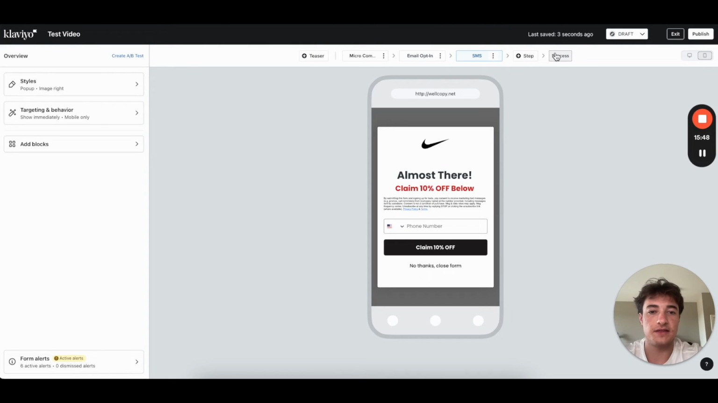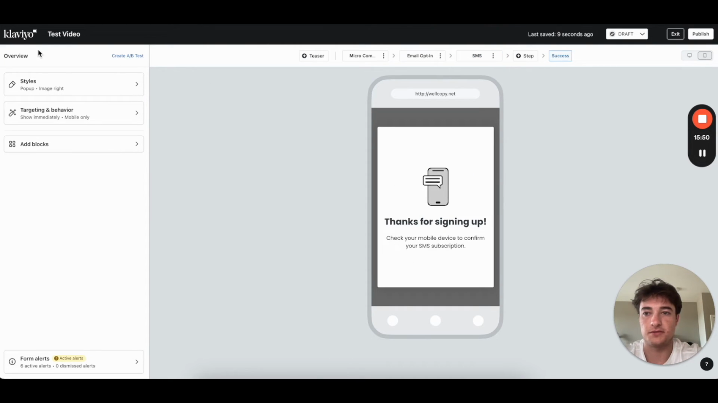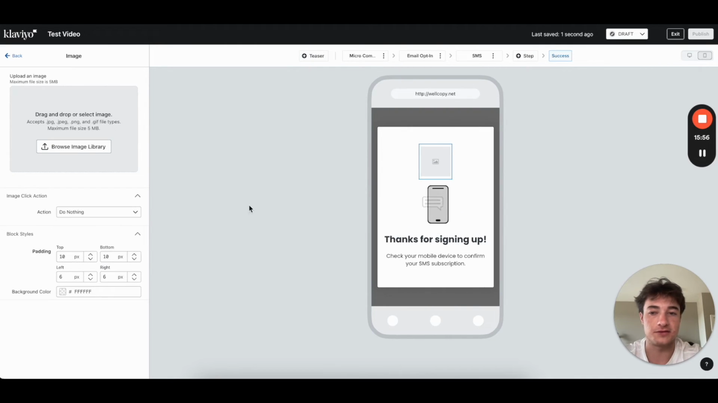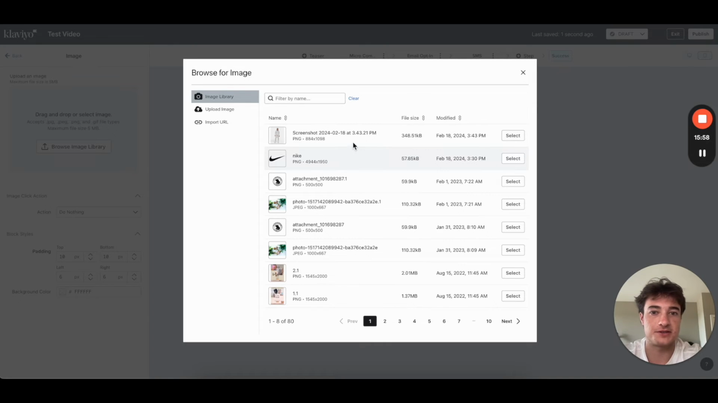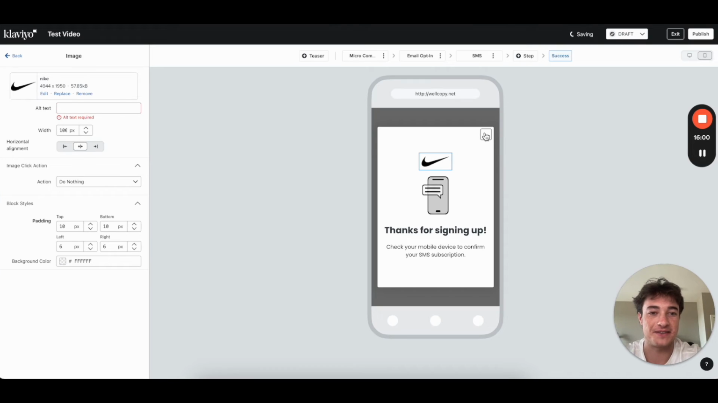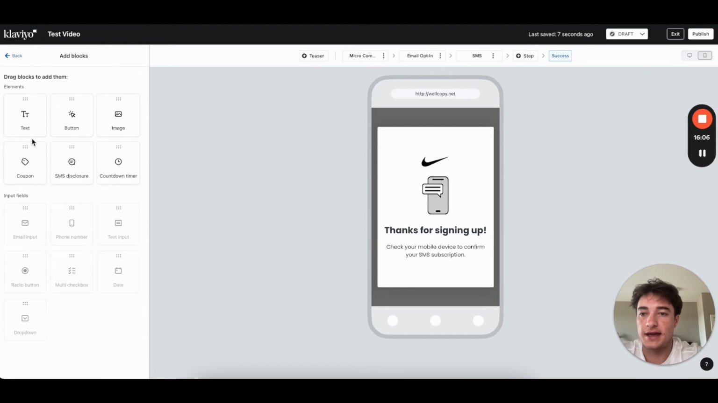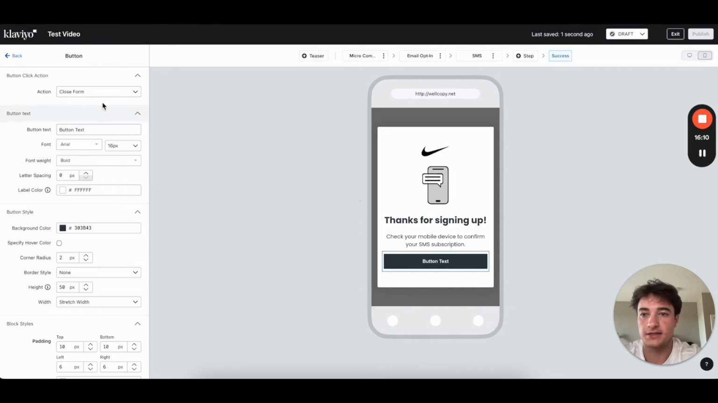So then we have that, and then we have a success form. So we can just do thanks for signing up. Let's go on ahead and add our logo. And then we need to add a close form so that they're not just stuck on this page because they can't find this X that's actually still in the corner. So we can do thanks for signing up. And then let's add a button. We have to add a close form button. We can say, instead of close form, we can say